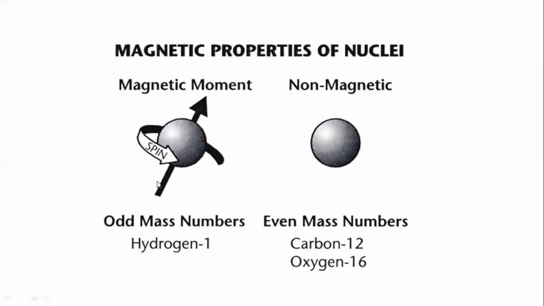So the mass number is the sum of the protons and neutrons in the nucleus, right? If there is an odd mass number, that means there is a proton excess. When there is a proton excess, there is no cancellation of the precessions. In even mass numbers, the precessions of both neutrons and protons cancel each other. But in odd numbers, there are at least one or two unpaired protons that keep precessing, and that is what gives rise to the magnetic moment.